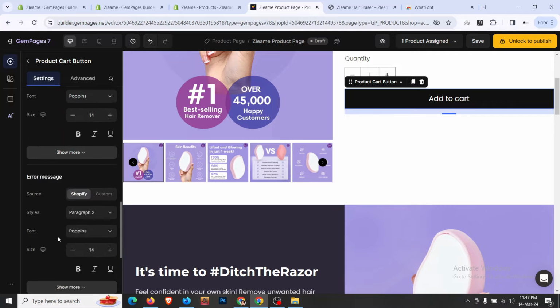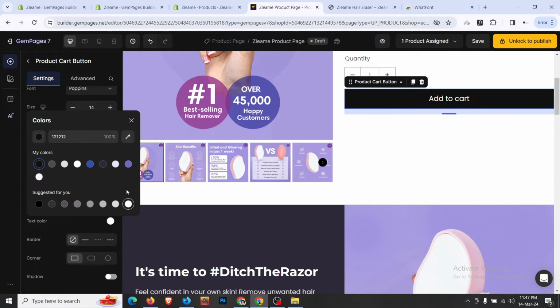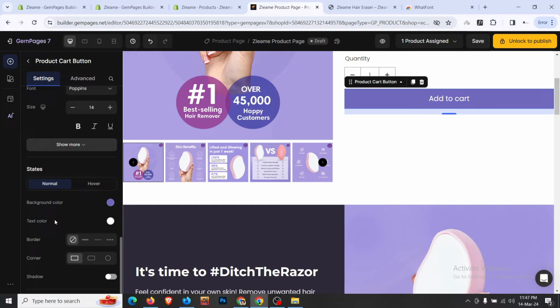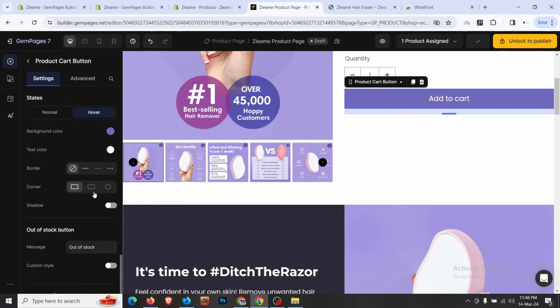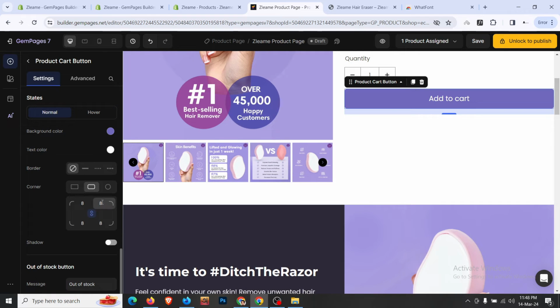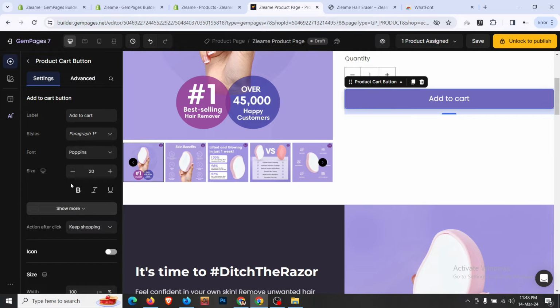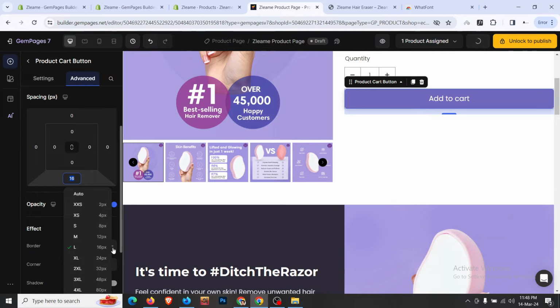Okay, that is good. And then for the color we can go with this color with the white. Hover, same, go with this color and same. Okay, for the round we can go with 8. For hover and normal, everything is same. We can give some shadow as well if we want to, and go to advanced and make it again 12